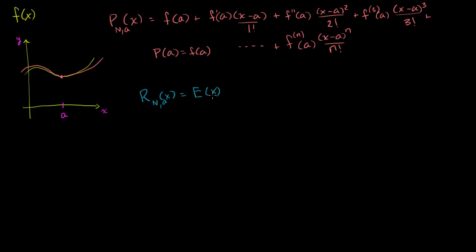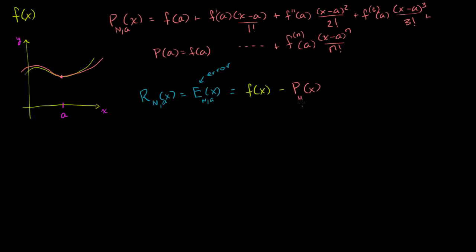The error function is sometimes avoided because it looks like expected value from probability, but you'll see this often. This is E for error, R for remainder, and sometimes they'll also have the subscripts over there. What we'll do is define this function to be the difference between f of x and our approximation of f of x for any given x. So it's really just going to be f of x minus p of x,